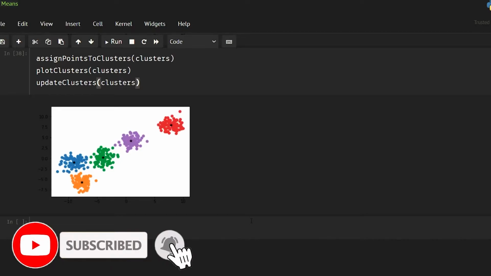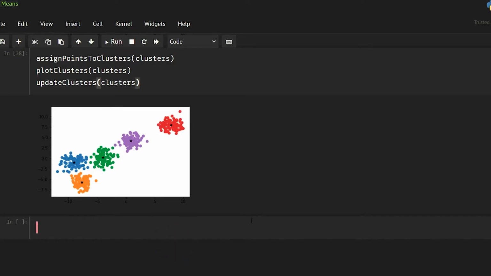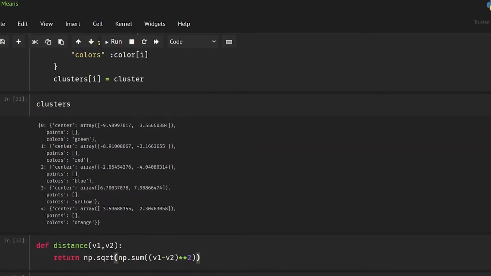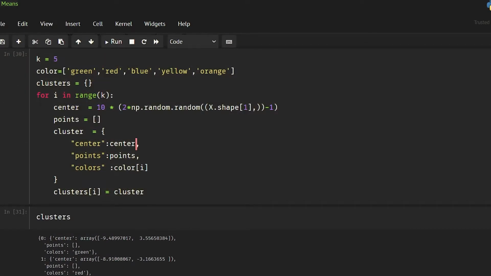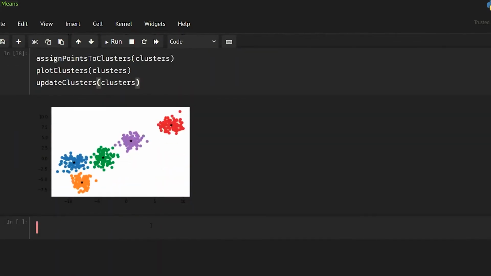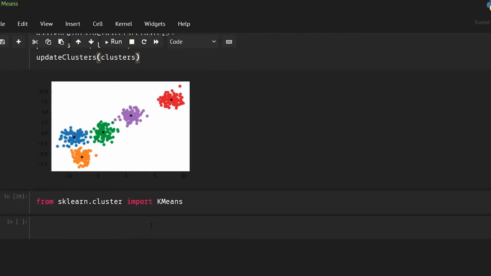So let's implement this, but I'm only going to use scikit-learn because it is pretty easy, and I have already explained everything else in my previous videos. In my previous video I explained this part, so you only have to change how your clusters are going to be assigned, otherwise it is going to be the same. Okay, so from sklearn.cluster import KMeans, and I'm going to make an object of KMeans in which our number of clusters is going to be 5.